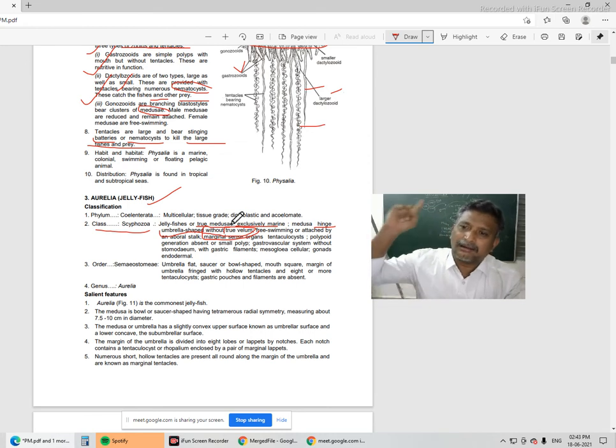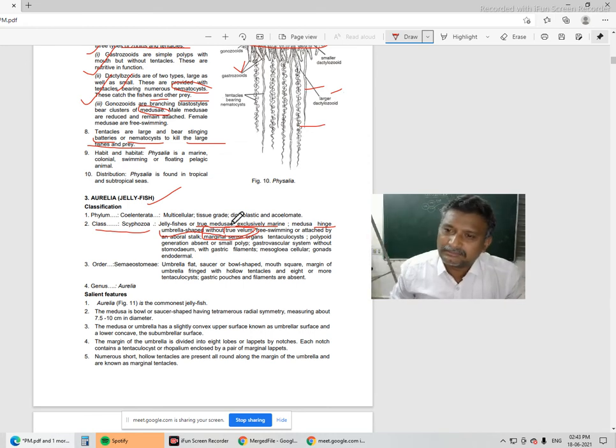From Coelenterata to the last mammal, it could be anything. Again, we consider the presence of a gastrovascular cavity, epidermis, gastrodermis, maybe a cylindrical body, maybe tentacles around the mouth, and so many other characters. Velum is there or not, polymorphic nature is there, etc. So we can say that organism may belong to so and so.